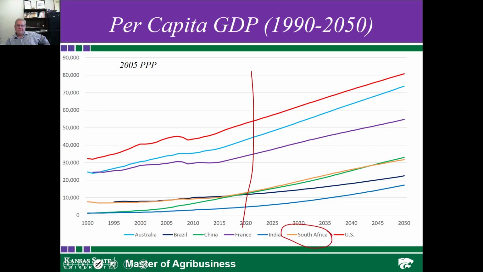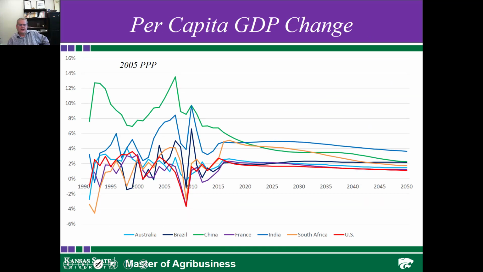There seems to be a fairly high expectation of growth in South Africa. The other place is China. In terms of those, basically are going to be expected to be over 30,000. Right now they're both kind of in that 10,000 area, and so in some respects it's almost a tripling over the next 30 years of their per capita GDP. If we look at Brazil, certainly there's some growth there, and then also there's some growth in India. If we look at that, that looks like a pretty smooth type thing.